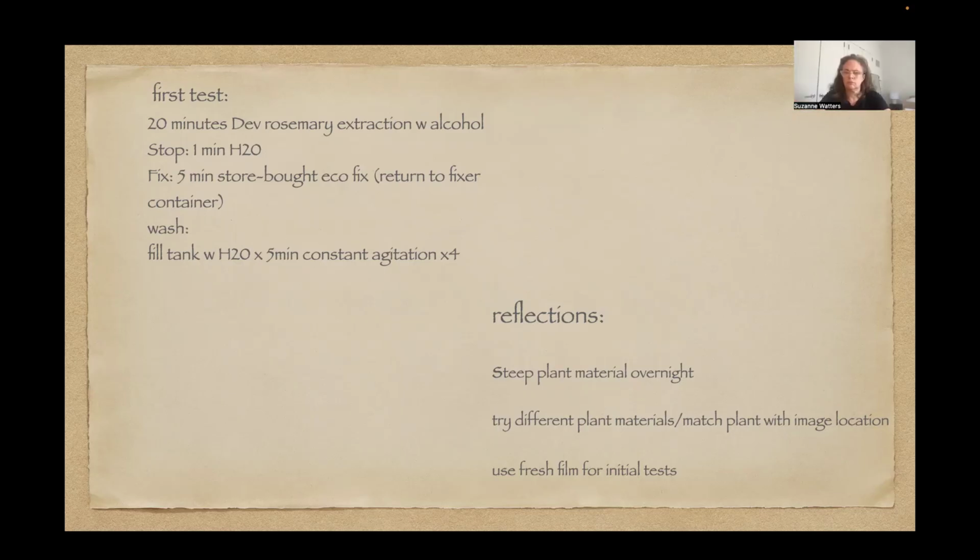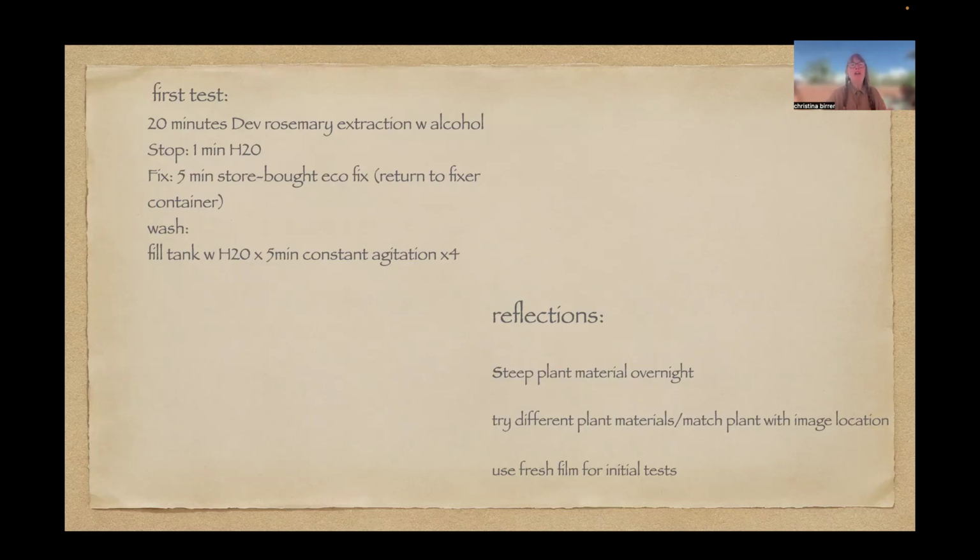I'm deep in the weeds, or in the stems, here. I found that I will probably want to steep my plant material longer and would love to try different plant materials. This is the ecosystem idea of matching where the image has come from with plants that are already there as the developer.